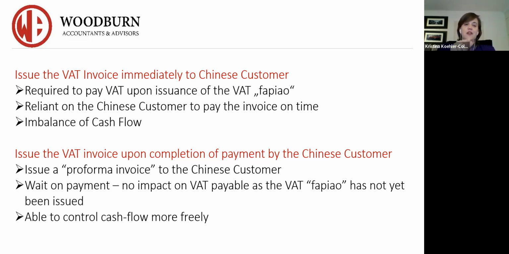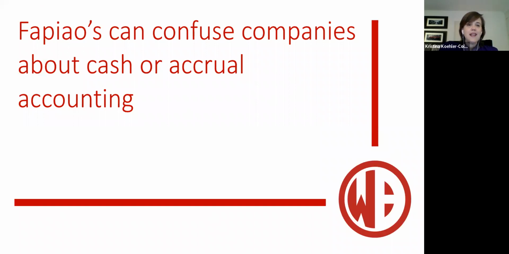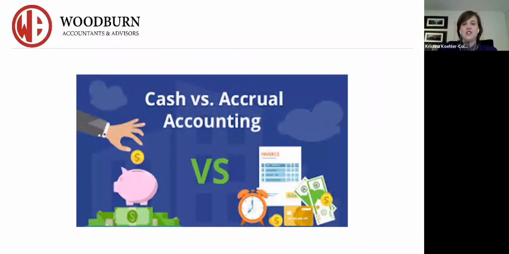Now, it does not mean that because you issue the pro forma invoice that you can't do accrual accounting. In many instances, accountants in China don't realize that there is an accrual methodology that you can do. They have not actually learned this within their accounting education, because they've learned everything, obviously, according to PRC GAAP, which is very much Fapiao oriented. I actually don't call the system in China cash or accrual accounting. I call it Fapiao accounting, because everything is dictated by the issuance and receipt of the Fapiaos. All right, that's your China books.